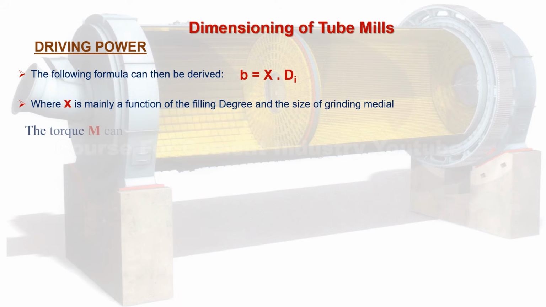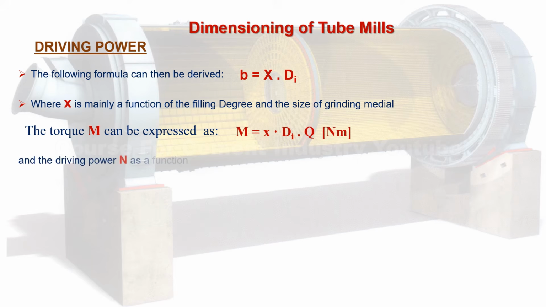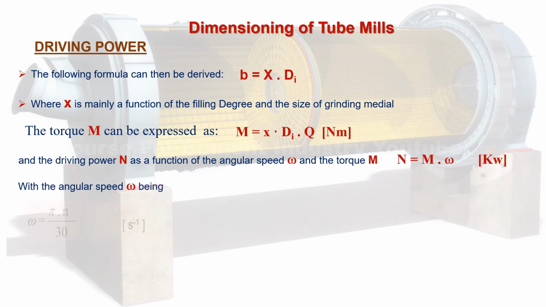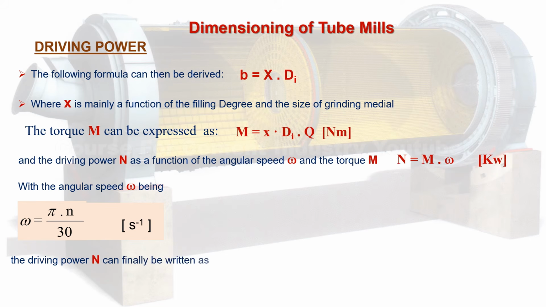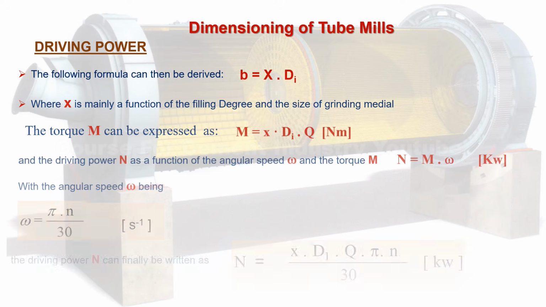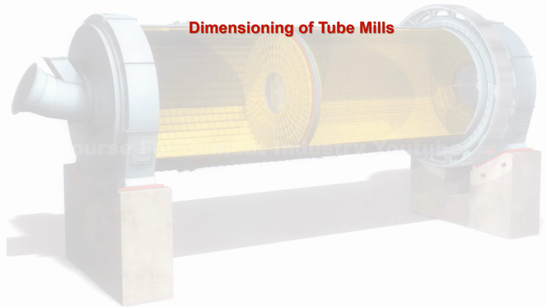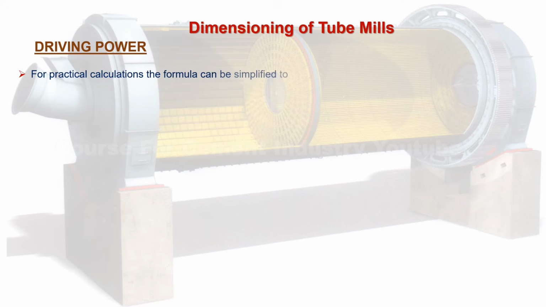The torque M can be expressed as, and the driving power N as a function of the angular speed and the torque, with the angular speed being, the driving power N can finally be written as. We follow together driving power. For practical calculations the formula can be simplified to,